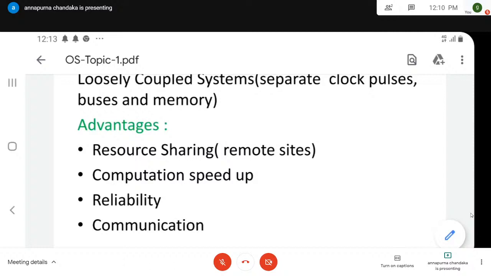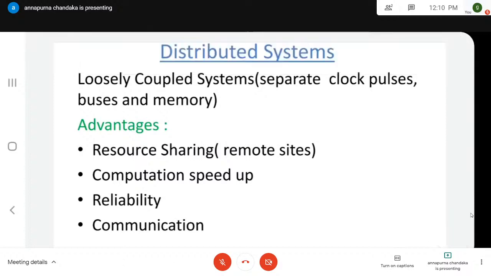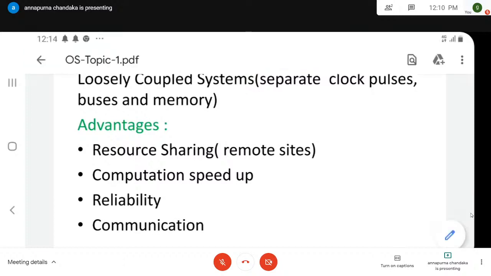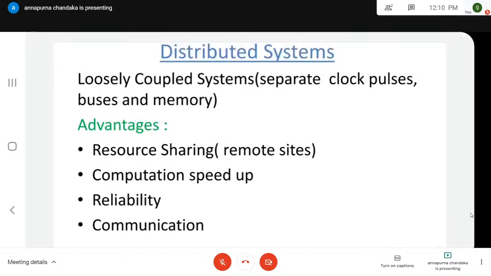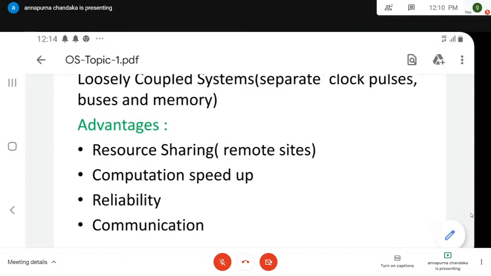Number 3, reliability. You already know that. What is reliability? Just now I discussed. It should give a meaningful output for every possible combination of the input scenario. That implies in a network, if any one of the computers or a processor fails, the entire network will not go down at all. It is continuously providing services to all users at the same time. This kind of concept is known as graceful degradation. If any software has been constructed by using graceful degradation, such software is called fail-soft software.